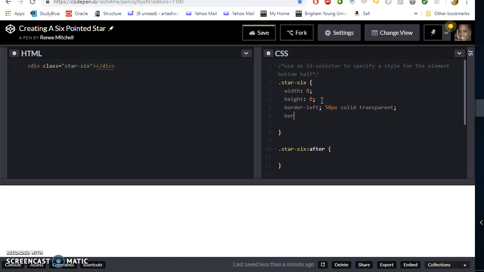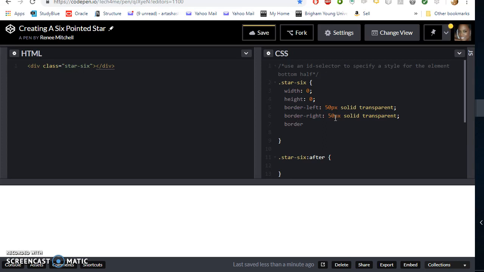That's left, right. And again, we're going to give it a pixel of 50. And then